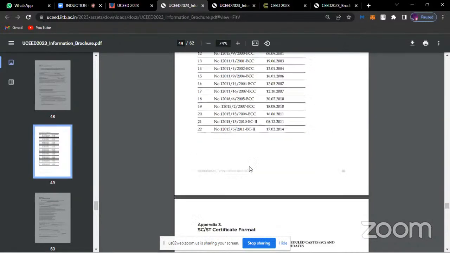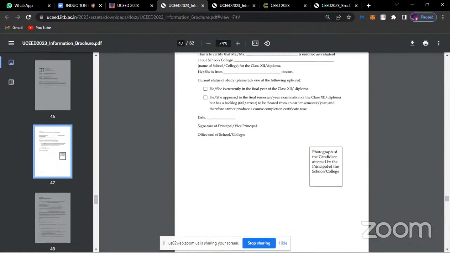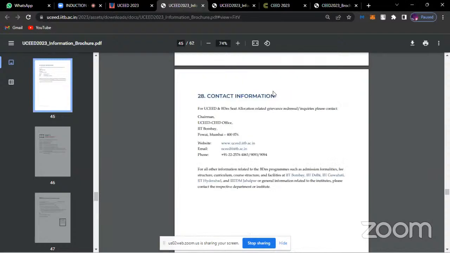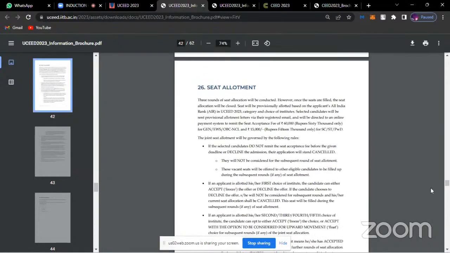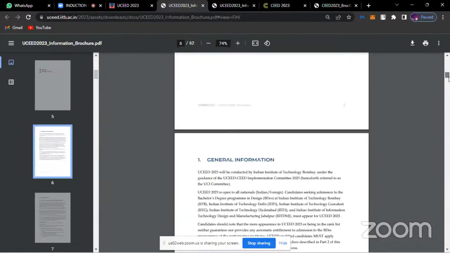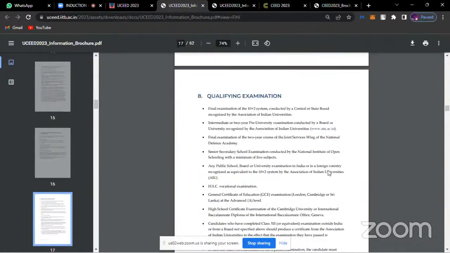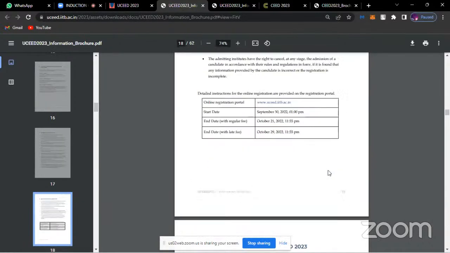So there is nothing more for this examination. Obviously, when you are uploading your documents, you should always be aware of exactly what all documents you have to fill in. We'll just go through that information once again.